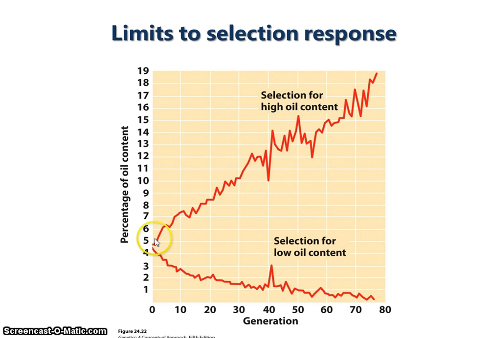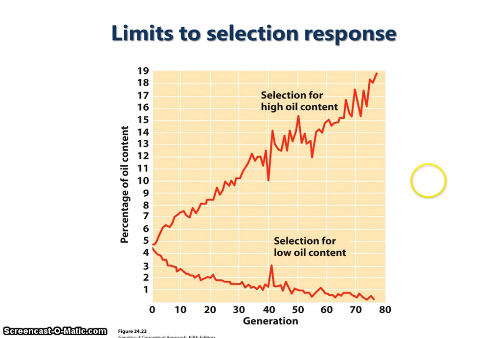And in this case, there was a fairly consistent increase in oil content over many generations of selection, where they're consistently only allowing the top oil content plants to breed. Whereas here down at the bottom, they're selecting for low oil content, and there may be